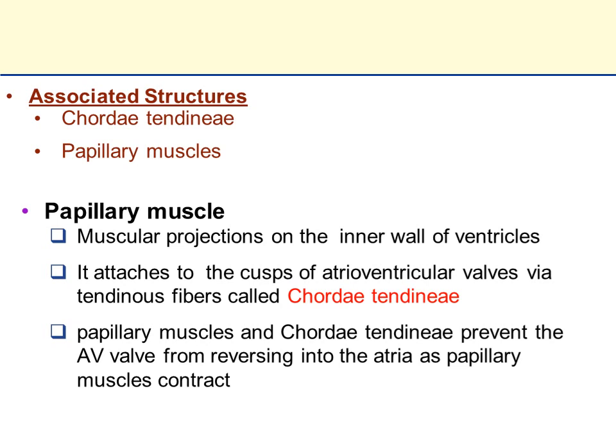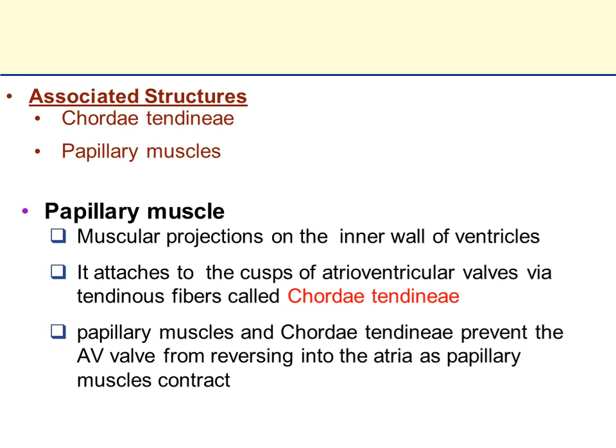It attaches to the cusps of the atrioventricular valves via tendinous fibers called chorda tendini. هاي البروزات العضلية الموجودة على الحائط الداخلي للبطين تتصل بواسطة ألياف وترية تدعى الكوردا تنديني بصفاقات الاتريوفنتريكولار فالفز. ليش تتصل بها؟ شنو وظيفتها؟ Papillary muscle and chorda tendini prevent the AV valve from reversing into atria